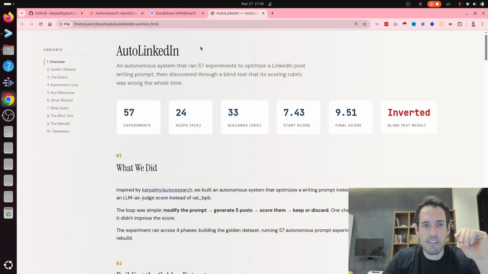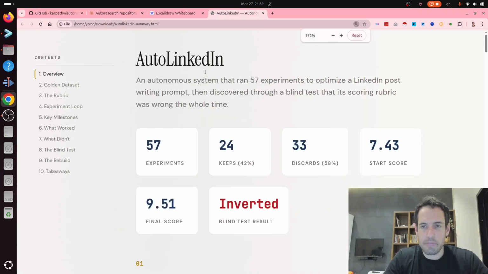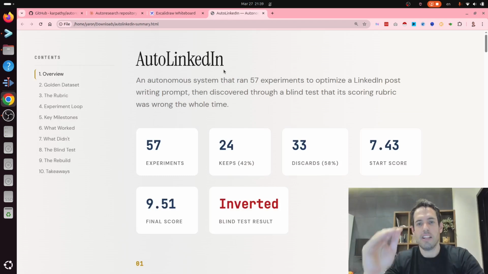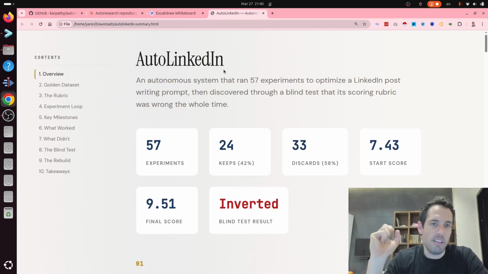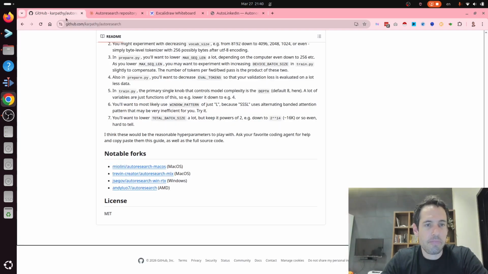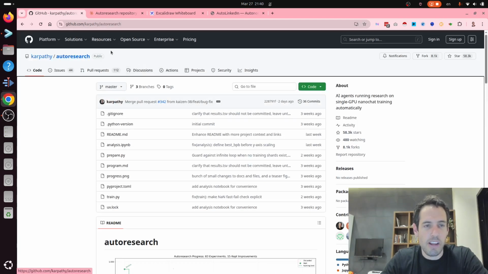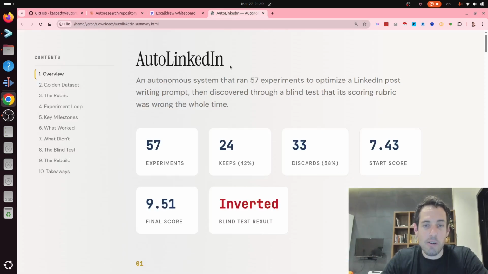Now, in the context of my experiment, we tried generating better LinkedIn posts. Now, this is a subjective goal. I saw people doing, for example, website optimization. They just took this idea that was proposed by Karpathy and tried to optimize their website page loading speed. So this is objective, which is easier to measure, but I wanted to see what happens when I do it